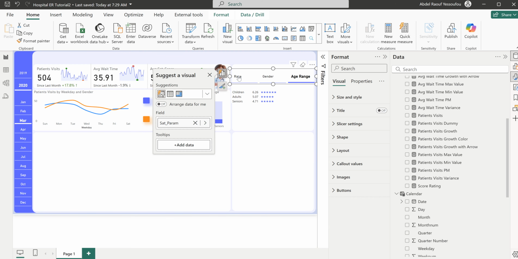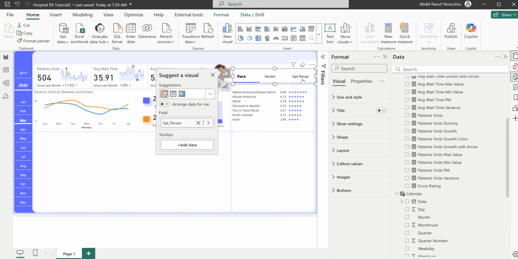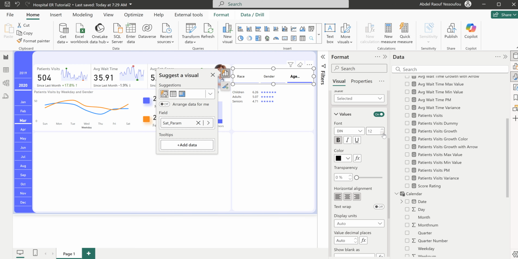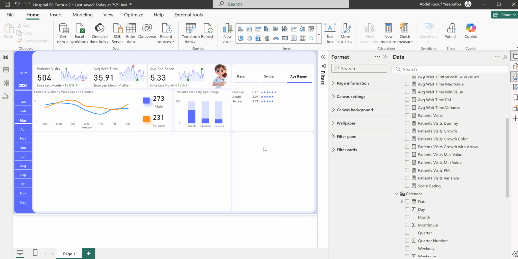Okay, so let's look at what we have here. If I select race, you can see, reduce this a bit. It should also come this way. If I select gender, you can see it's changing down here. And then age range. Okay, so when it is selected, because it's long, it's not showing all, which is bad. So let's just go back to our callout values. Then we can reduce it to 12. Since it is already bold, that's okay. So that is fine. Okay, so the next thing we need to do,